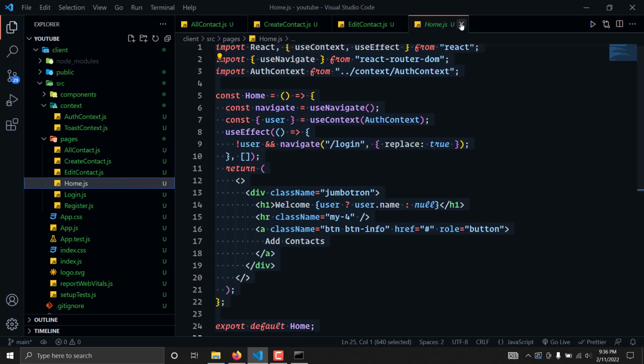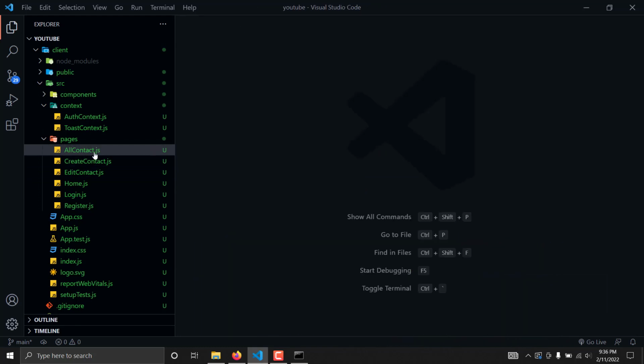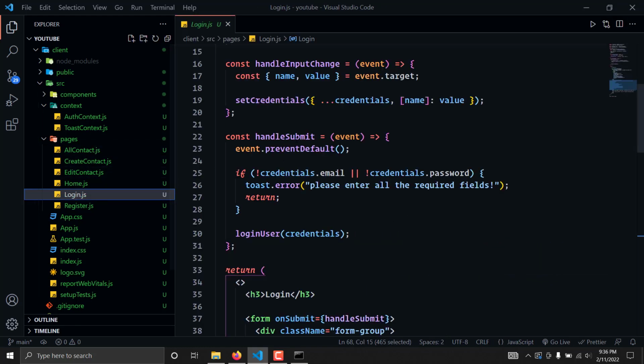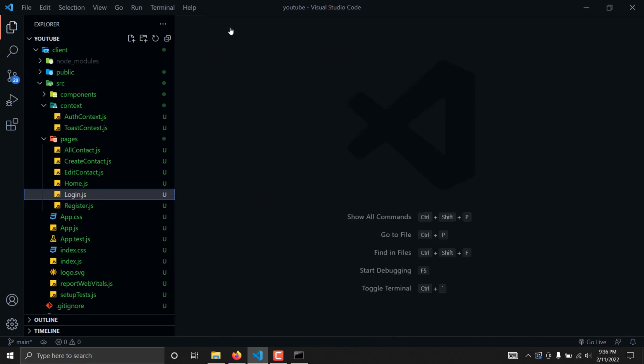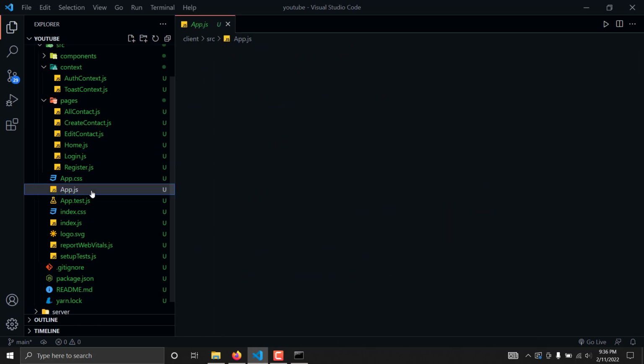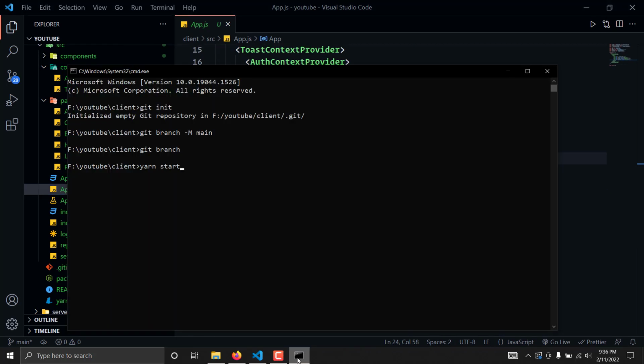Similarly, we'll go to this home. Okay, so in the home we don't have any routes, and we'll go to this login now. So we don't have any in the login as well. So if I'm not wrong, it should work fine. So if I write here yarn start,